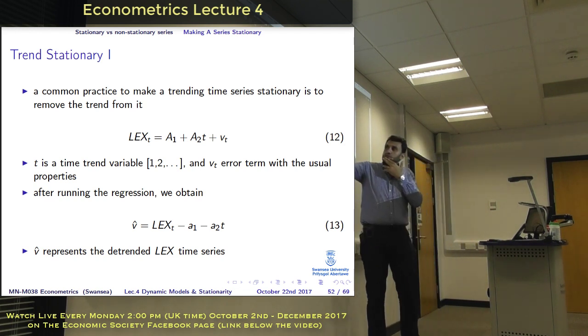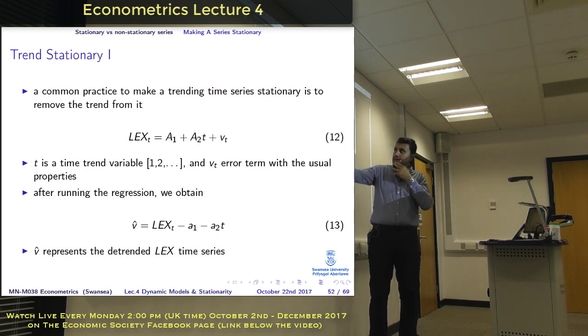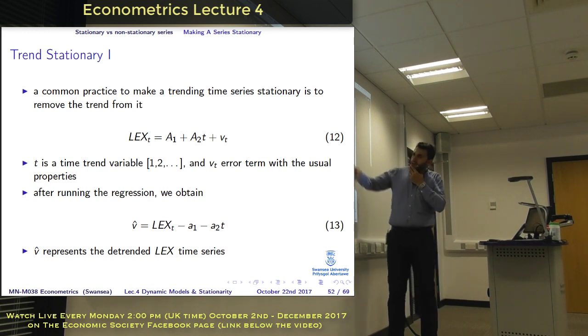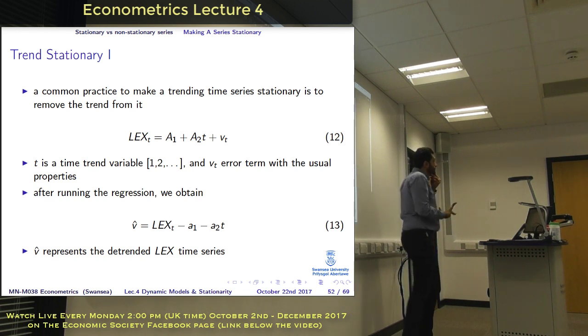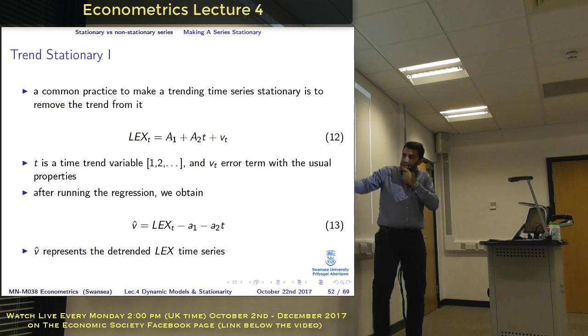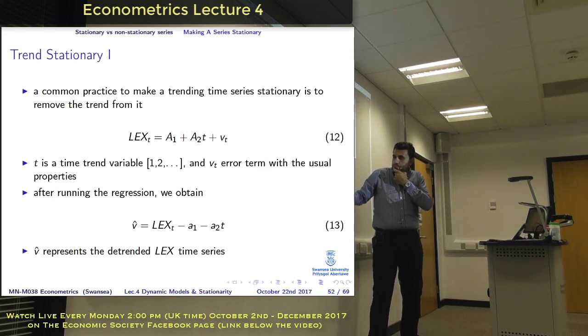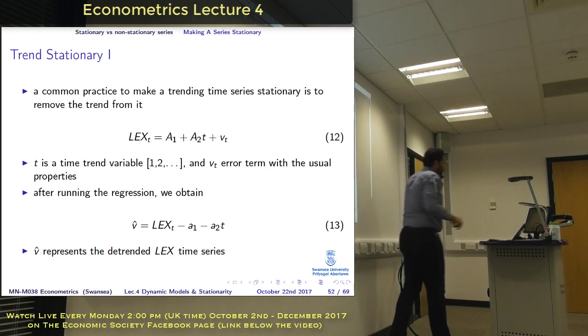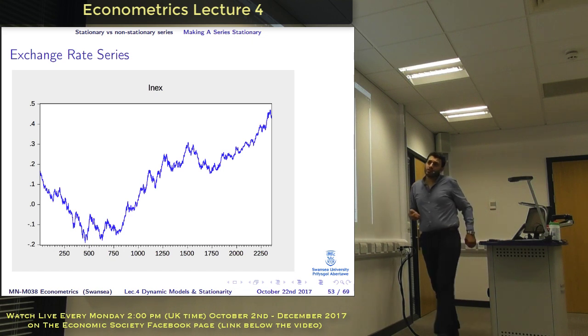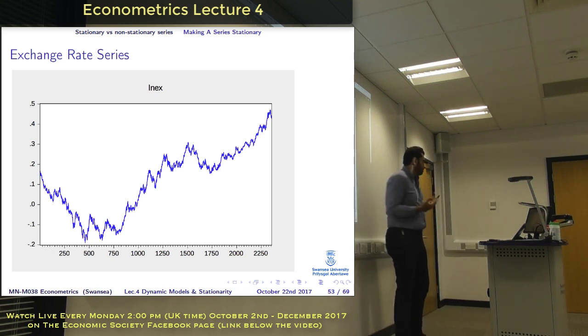If you run a regression of the series on a constant and time trend, so you have time t here, the residuals in that case will give you the detrended time series. So v hat here is the detrended exchange rate time series. Okay, so that's one way to do this. So if we do this with the series in hand now,